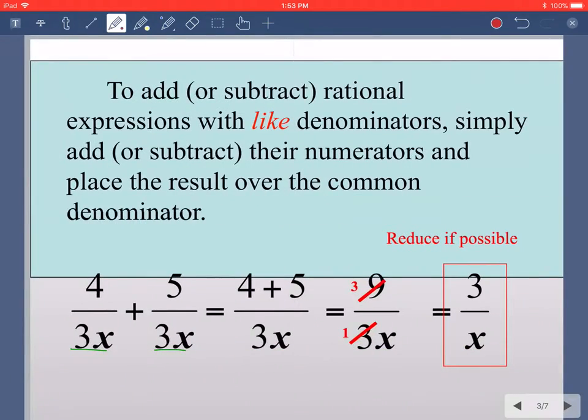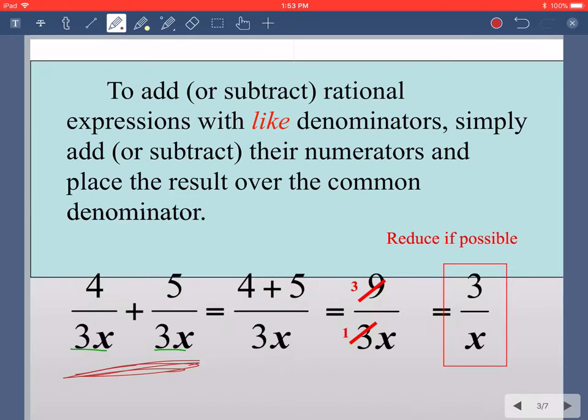All right, so when we add or subtract rational expressions with like denominators, we just add or subtract the numerators and then put the result over the common denominator. So here we're already given 4 over 3x plus 5 over 3x. Both of our denominators are already 3x. So since I already have a common denominator, I can go ahead and add together the 4 plus 5, giving us 9 over 3x. And the 9 and the 3 both will simplify by 3, resulting in 3 over x